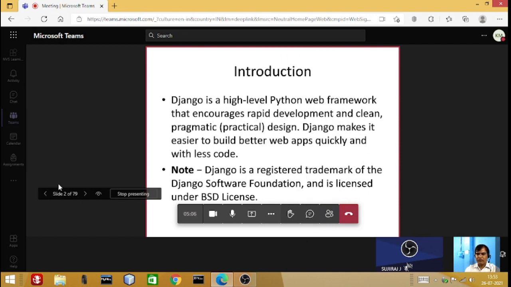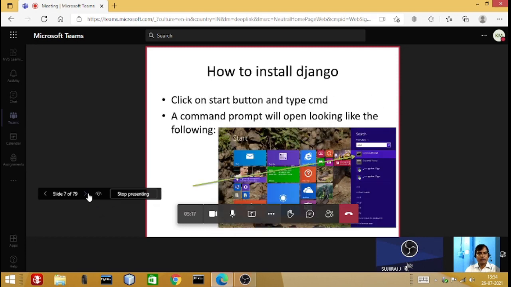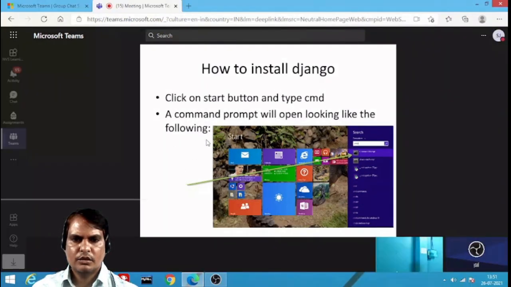Here you will find the PowerPoint presentation control bar. With the help of this you can navigate your PowerPoint presentation. The same way it will be visible on the student view also. I'll show you how the student will see the same thing. So this is the student view, and the student is able to see the PowerPoint presentation.